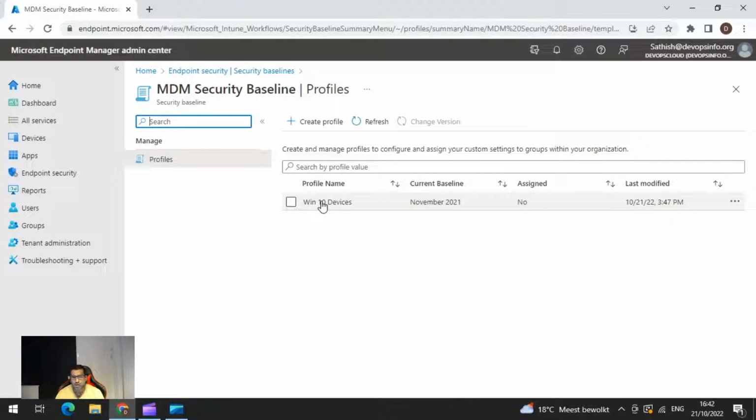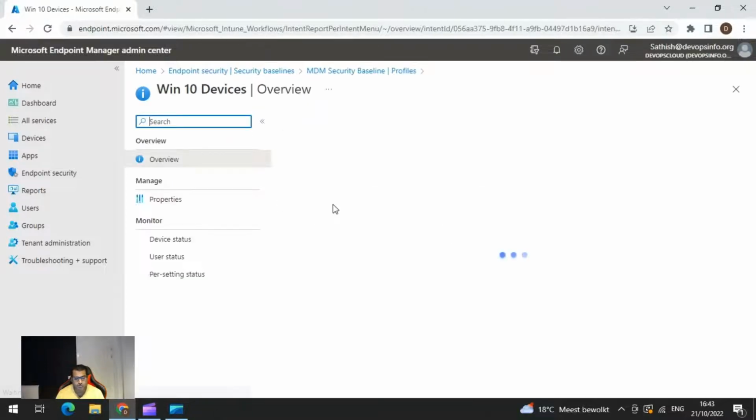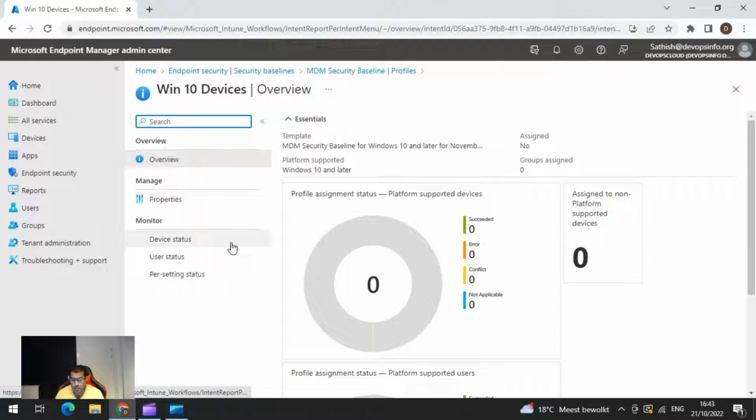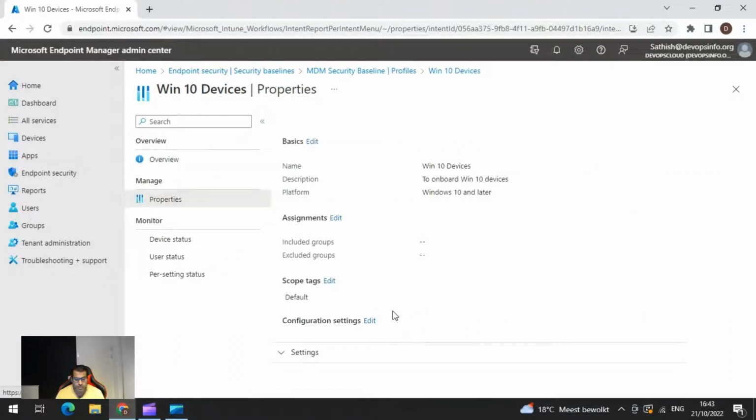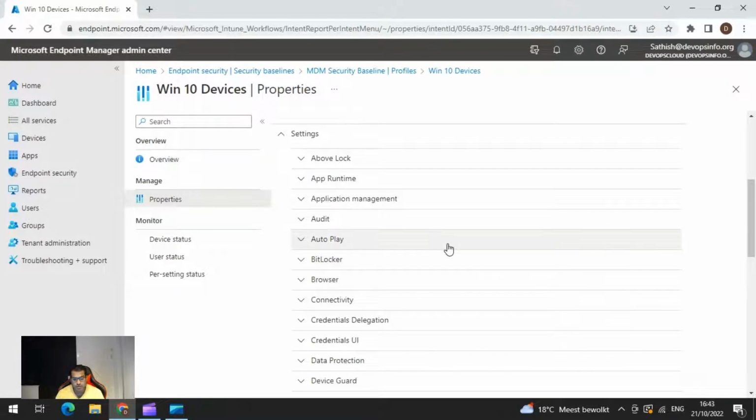I'm not sure about the timeline, but the baseline will be updated very often. So if you see, the current baseline is November 2010. In this baseline, if I go further for the Windows 10 devices, at the moment, I have not assigned any devices. But when you go to the properties, in the configuration settings, there are multiple things which you can